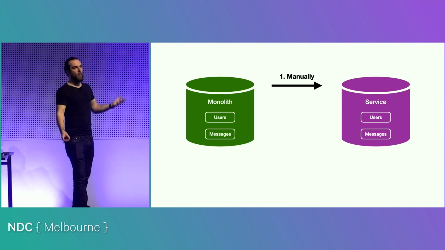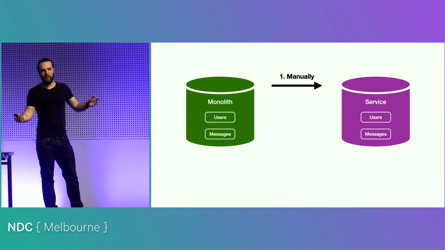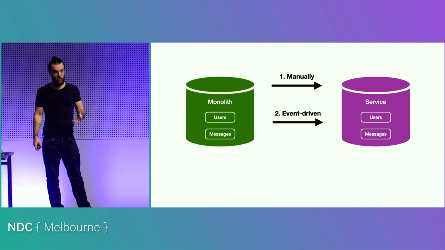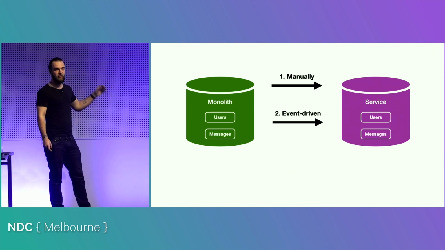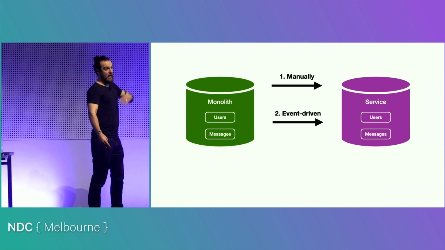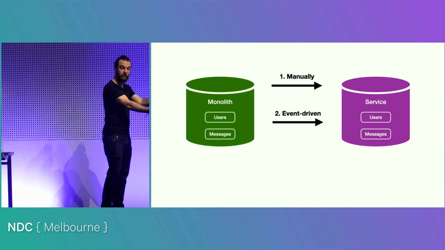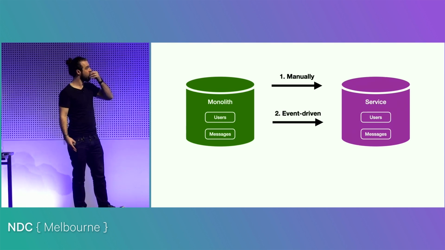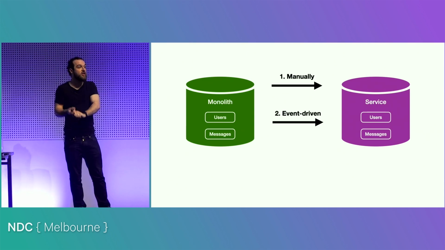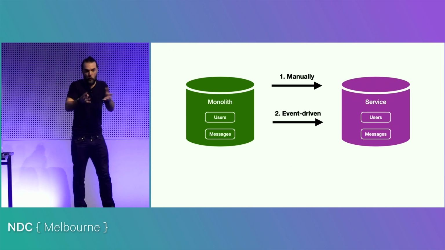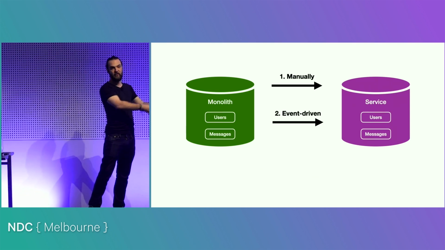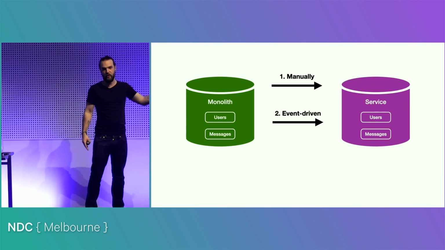But we don't want a developer basically sat hitting this button every time somebody creates a new message. So in production, when this is live, we also need an event-driven approach. So when the data changes, the monolith also needs to tell the service, hey, that data has changed. So, hey, yes, I've created a new message. Here is this new message. Go and put it in your representation of the data. But also, the username has changed, or somebody's changed their profile picture. Somebody who has a message in your database has changed their profile picture over here. The monolith needs to go and tell the service, hey, go and update your representation of that profile, of that